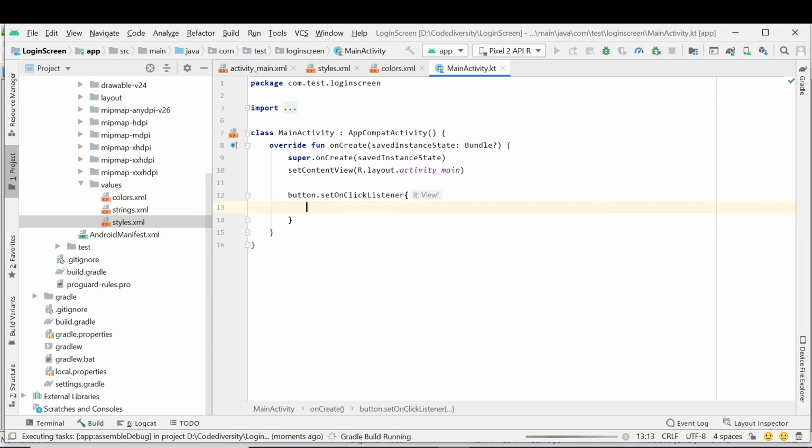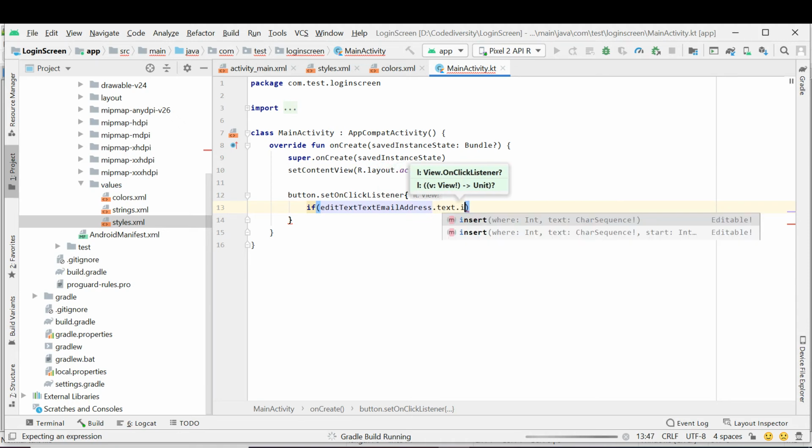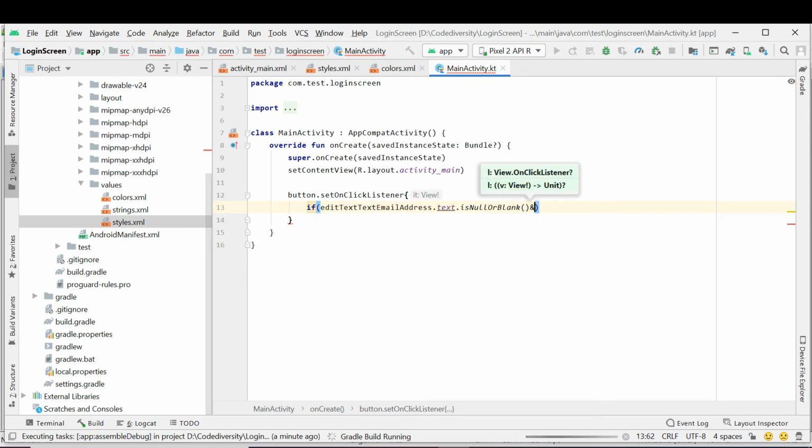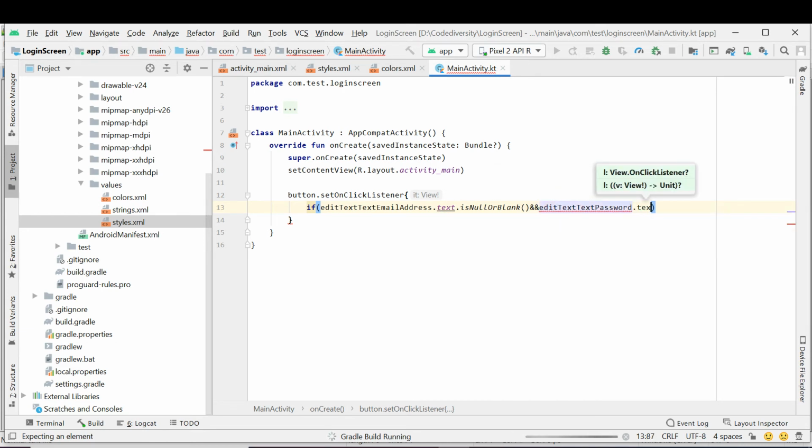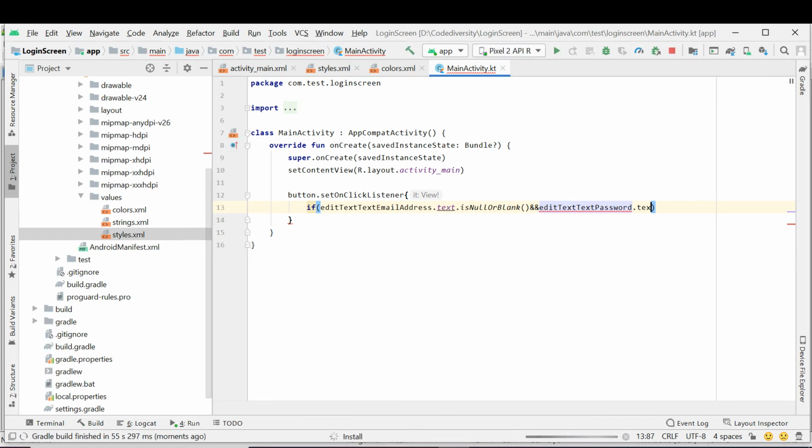So here I can put my condition like if username text is null or blank, and also if password text is also null or blank,